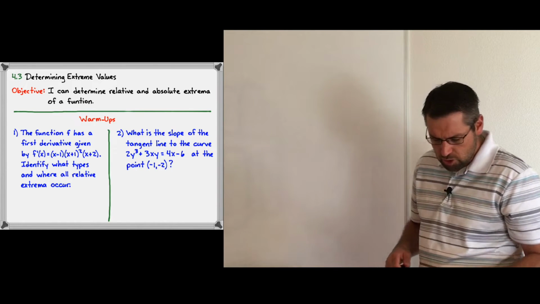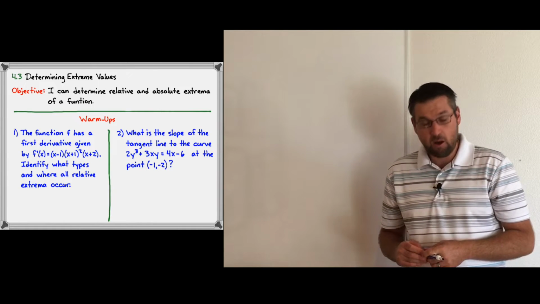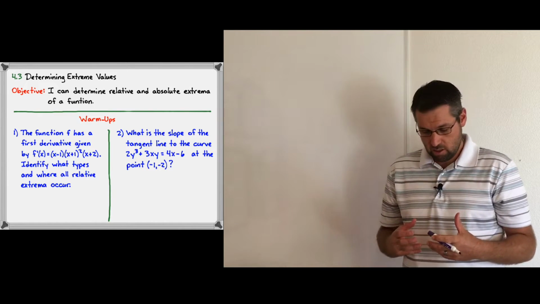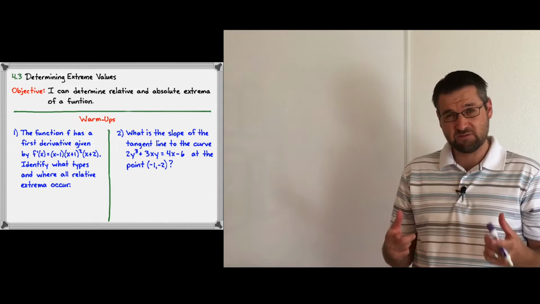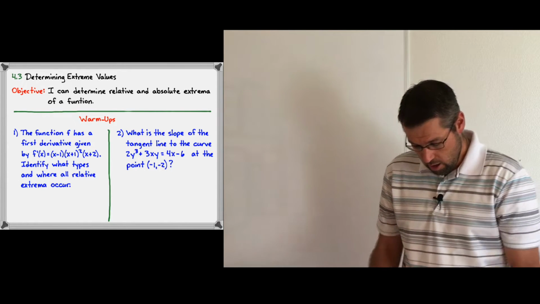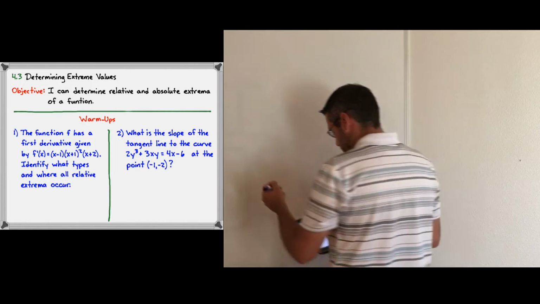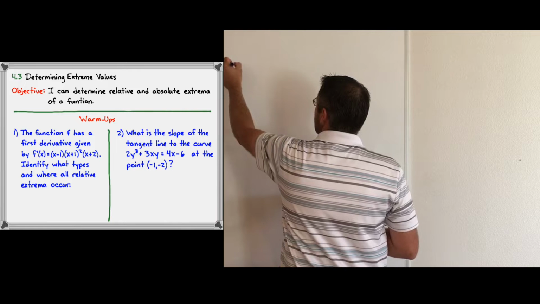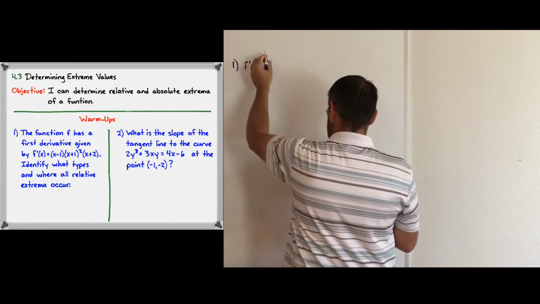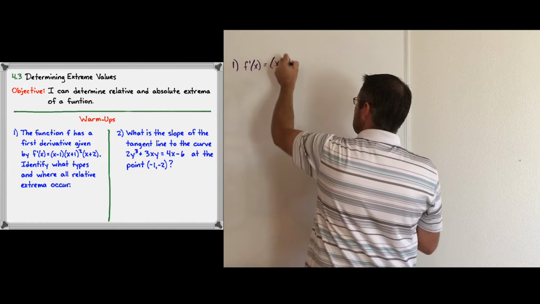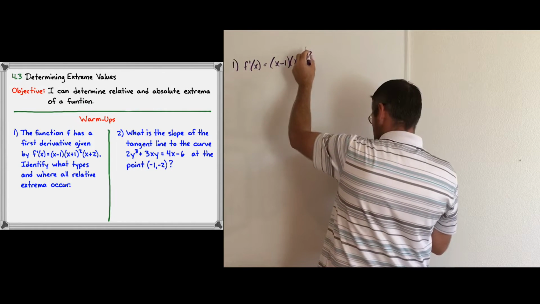So number 1, it's asking to identify all the extreme values, or at least where they occur. In other words, what are the x values where f has a relative extrema? So let's go ahead and take a look at what it gave us. Number 1, it said that f prime of x is equal to x minus 1 times x plus 1 squared